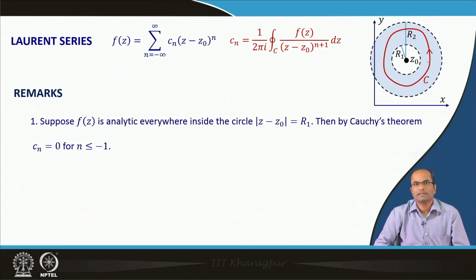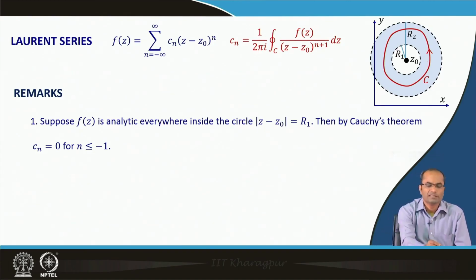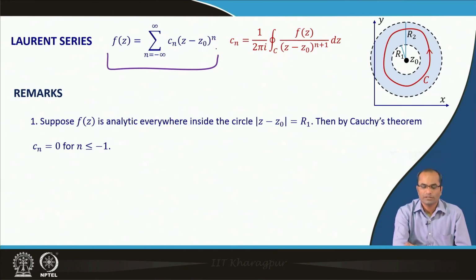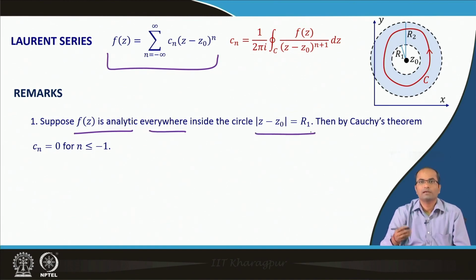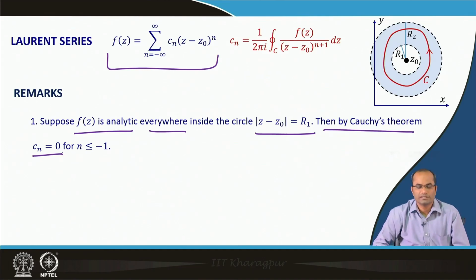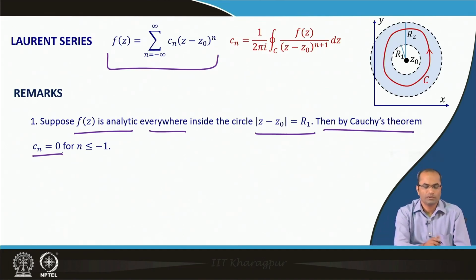We know from the previous lecture that when the function is analytic everywhere in this region, then we can write down the Taylor series expansion, but the same expansion we should be able to deduce from the Laurent series, because this is a bit more generalized version of the Taylor series. So, here we will see that indeed we can get the Taylor series also from this Laurent series. If f z is analytic everywhere inside this circle also, whose radius is r 1 and the center is z 1, then by the Cauchy theorem we know that all these C n's, these coefficients of z minus z 0 power n,